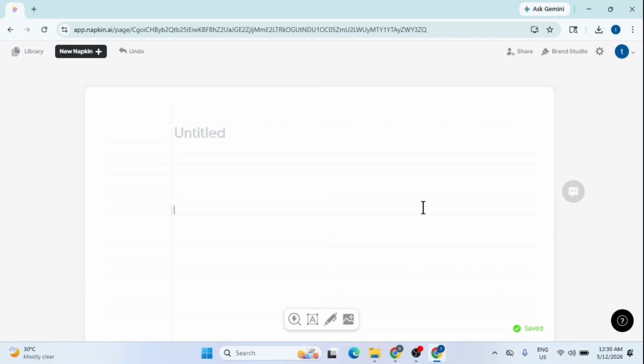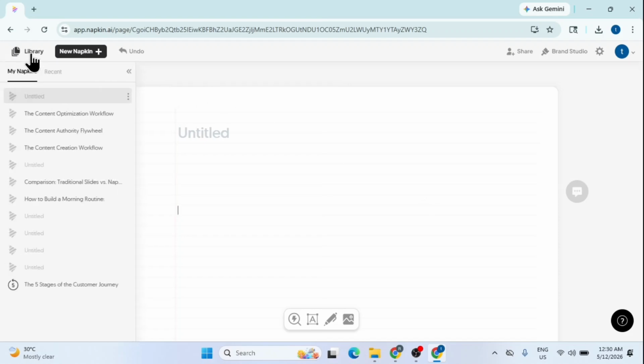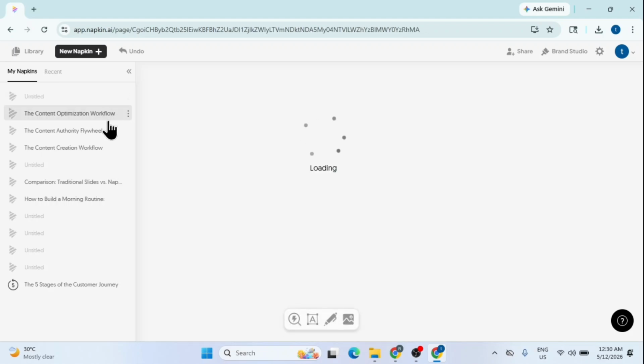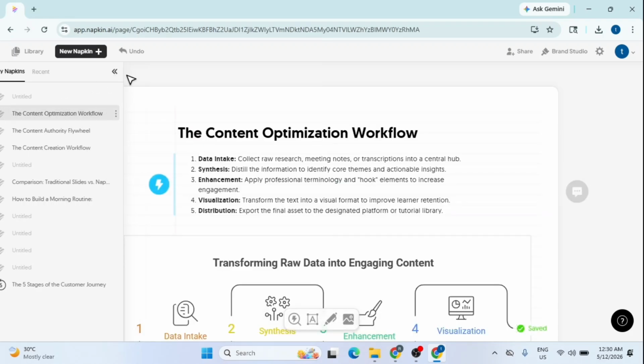In this video, I will show you how to export a Napkin AI visual as a PowerPoint slide. To begin, I'll go to my library in the top left to find the napkin I want to work with. I'm selecting the content optimization workflow, and once it loads, I'll close the sidebar and scroll down to the visual